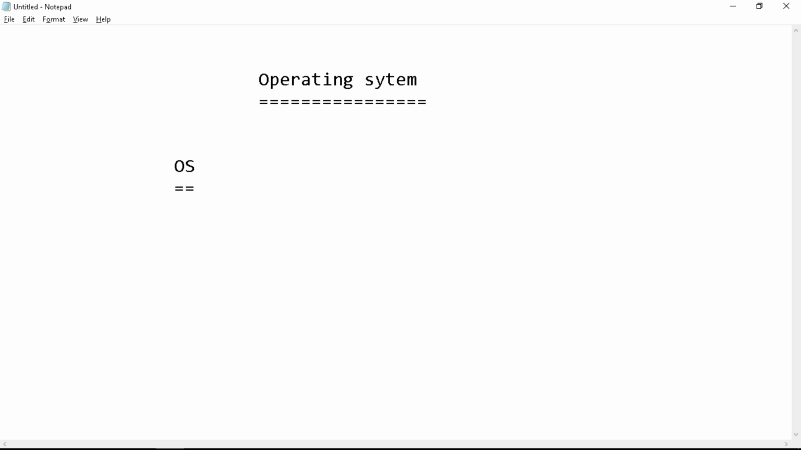Interface between the user and the system. The collection of running programs. Right. So it's basically like, let us say